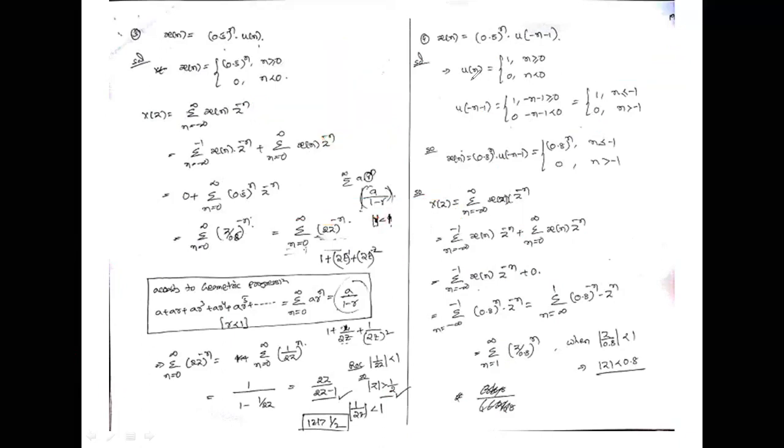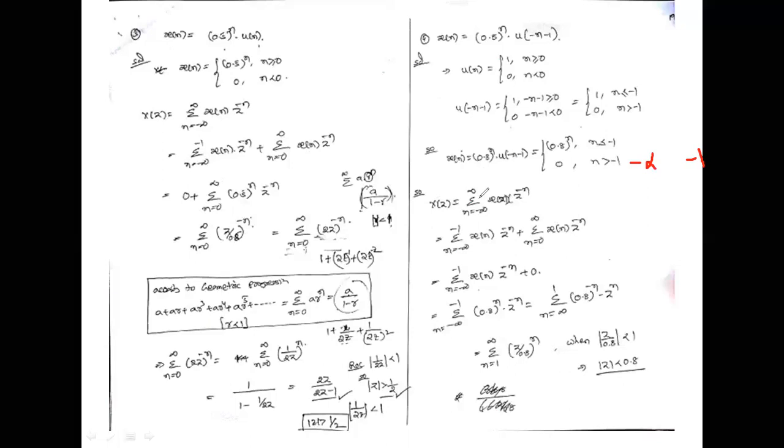Okay. So u of n is equal to 1 when n is greater than or equal to 0, and 0 when n is less than 0. And u of minus n minus 1 is 1 when minus n minus 1 is greater than or equal to 0, and n is less than or equal to minus 1. Less than or equal to minus 1 means the range is from minus infinity to minus 1. Only the value is 1. What matters? The solution here,